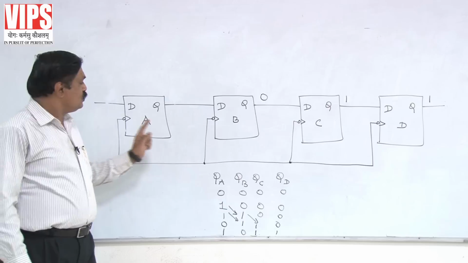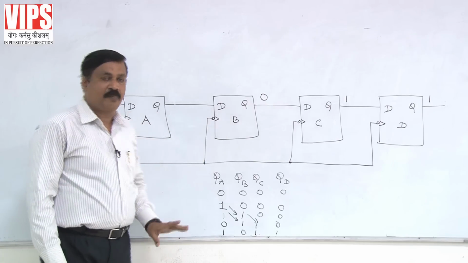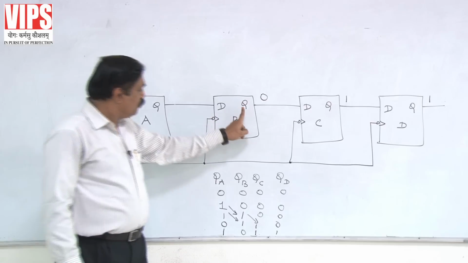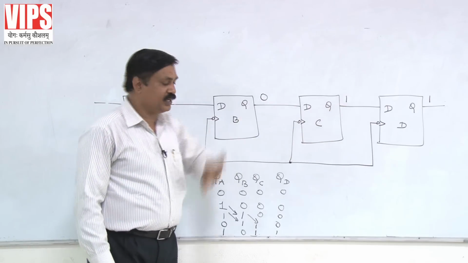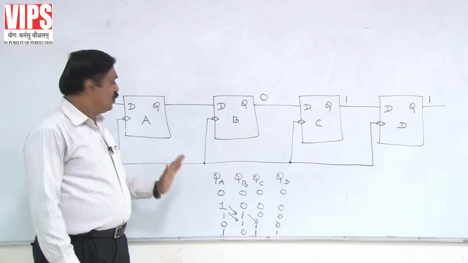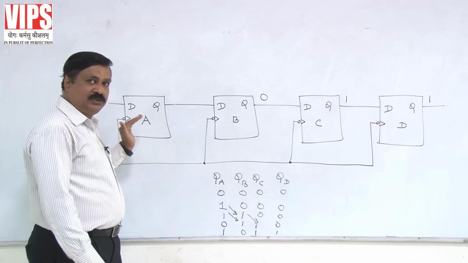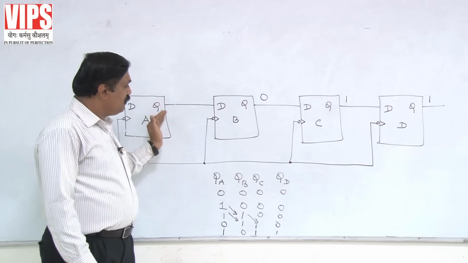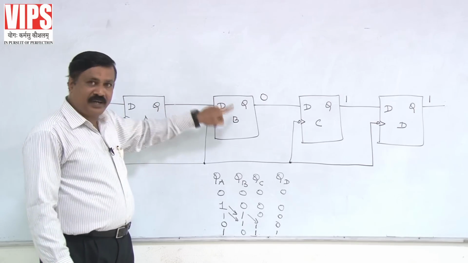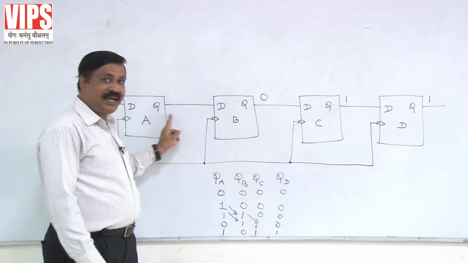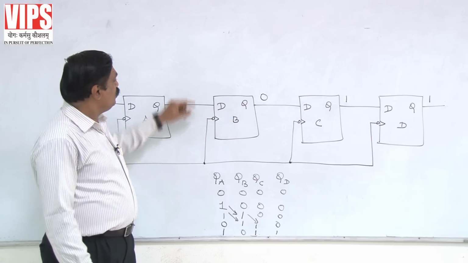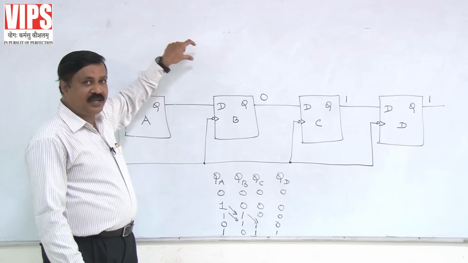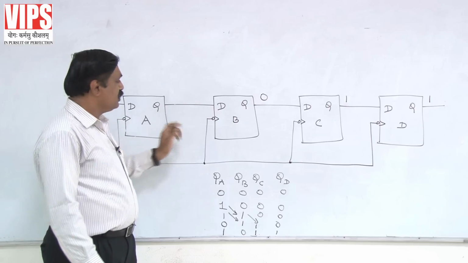Again, I am going to use 4 D flip-flops only. Here, output goes to the next input, output goes to the next, output goes to the next. In the bidirectional register also, we give the input to the D and get the output at Q and give this output to the next one, but not directly. We are giving it through some gates. That means I am going to use 2 AND gates and 1 OR gate for each flip-flop.